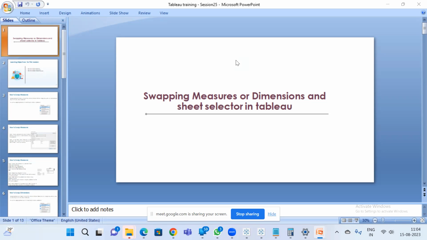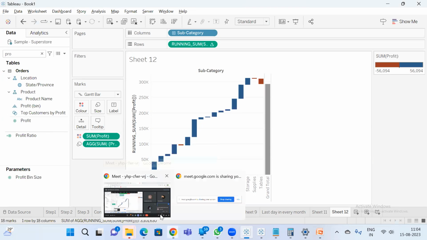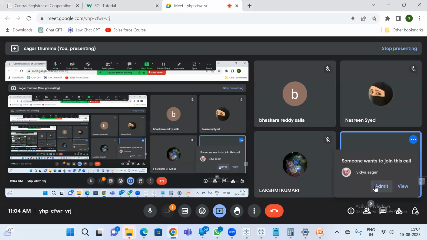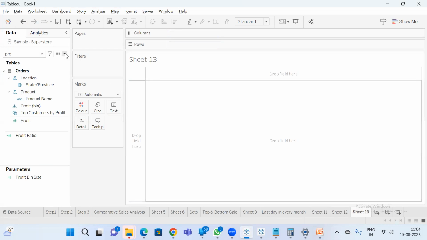So today we are going to discuss swapping measures, swapping dimensions, and sheets selected in Tableau. So let's start. Swapping measures and swapping dimensions, we have already seen it. I'm just going through it again so that it is easy for us to remember. To create swap dimensions and swap measures, we'll just need to create parameters,